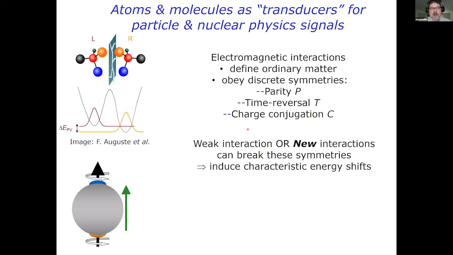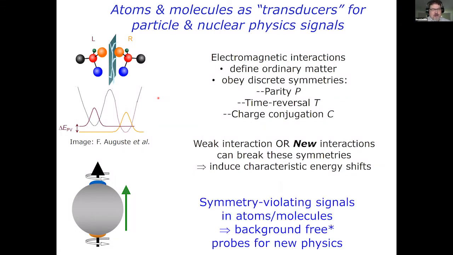Breaking these symmetries can induce certain types of characteristic energy shifts in atoms or molecules. So an example is the left and right-handed enantiomers of chiral molecules, because of the weak interaction, the ordinary weak interaction, are expected to have very slightly different energies. This has not been measured in any system yet, but it's a very clear example of what it means to violate parity. In addition, a charge distribution along the spin of any particle, shown here is, for example, the dipole moment of a neutral particle with a little negative charge here and a little positive charge here aligned with the spin. That also violates parity as well as time reversal symmetry.